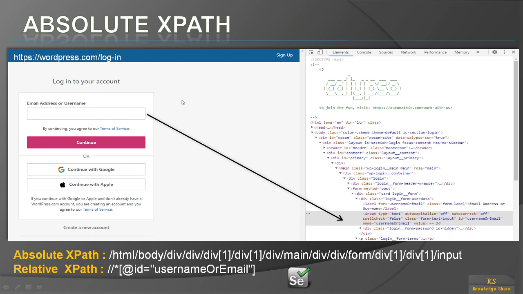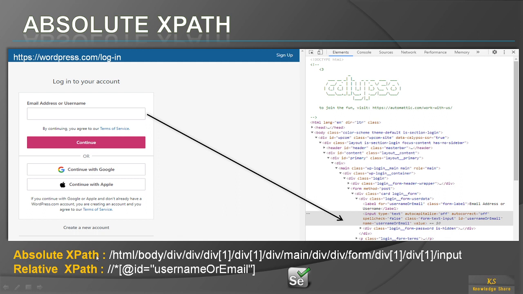If you have seen here, this is the website, the portal that I have taken from wordpress.com. It's a login page, and if you observe here, we want to identify the email address element. This is the text box that we want to identify. The right side you see is the DOM structure. If you carefully observe the DOM structure, it starts from HTML and then head and then body, right? Inside body all our elements exist, as we have discussed in the previous session. Now I can input my text, or I can find this element in two ways. One is using absolute XPath and the other one is relative XPath.